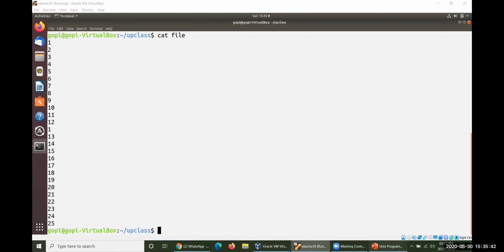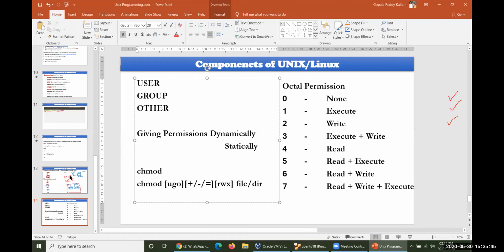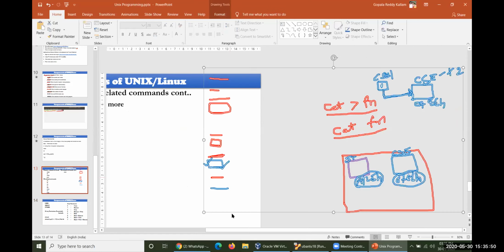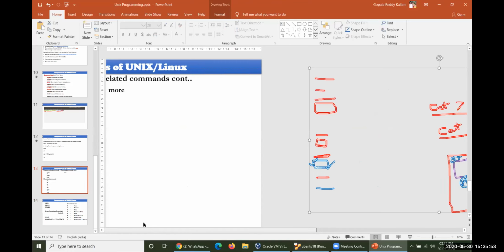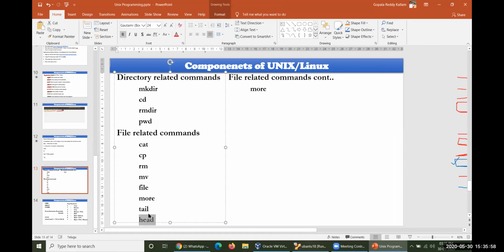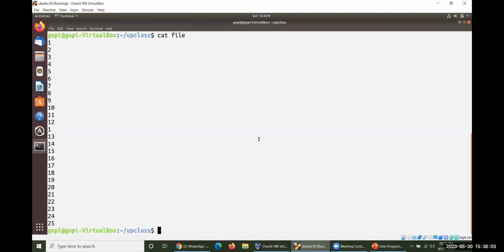This will be possible by taking one specific command set, and that command set will be, look at this, head and tail. These are the two different commands which are useful for that. So let me go ahead and explain. Here, this is the file. Head always displays from the top to bottom manner. Head always takes 10 lines by default.